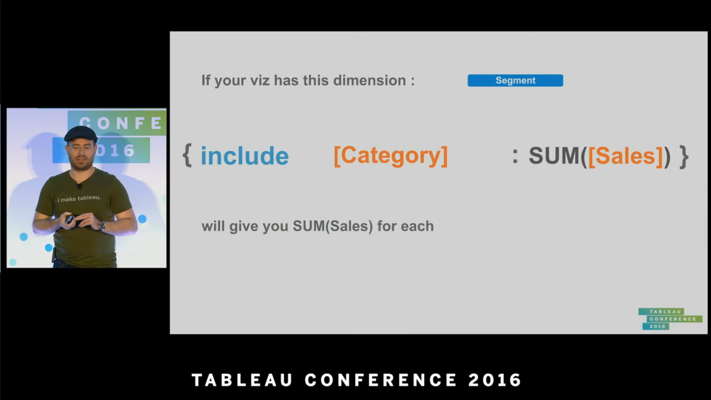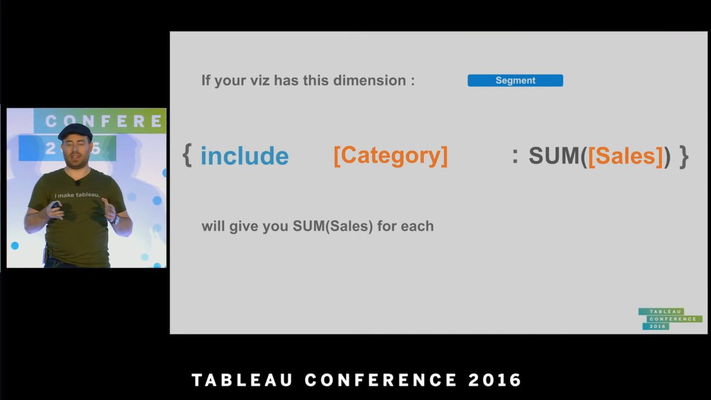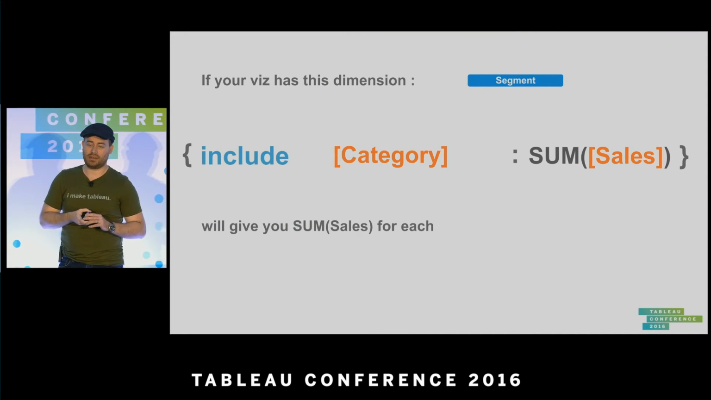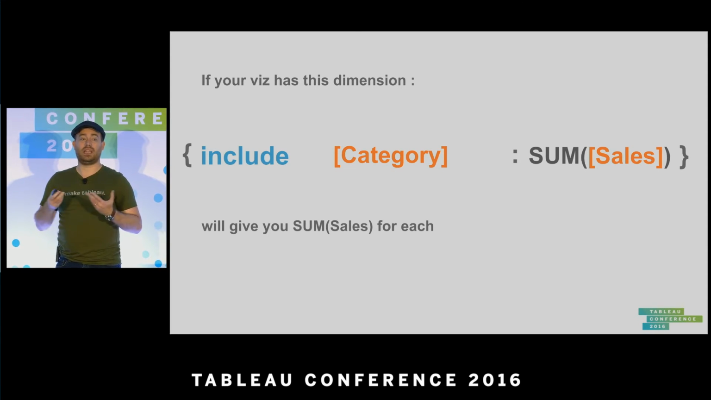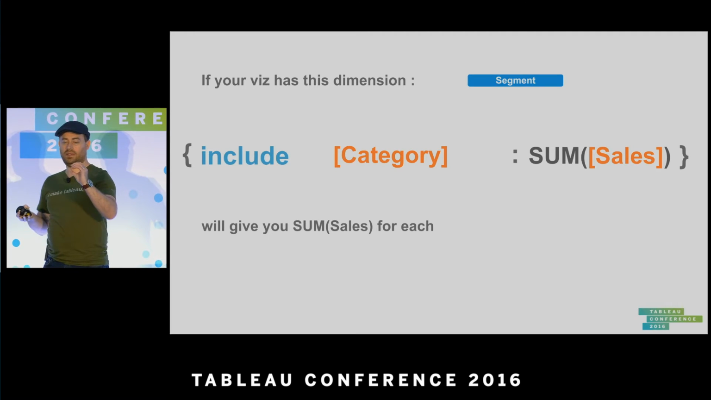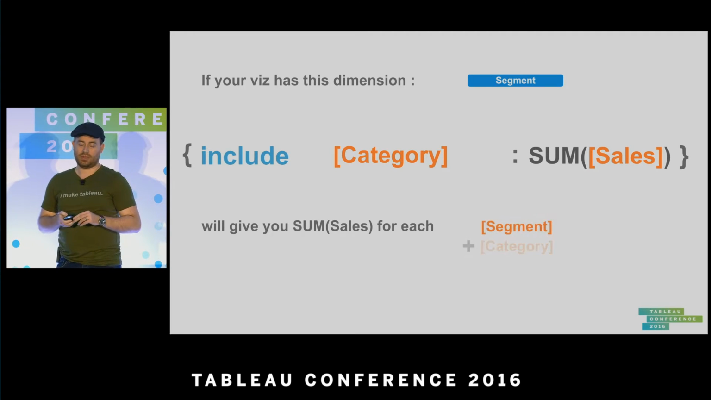Okay, let's move on to include, where things get a little more interesting after this. So let's take a similar example. You have a viz that has a segment in it, and you're saying include category sum of sales. And this will compute sum of sales per, well, first we'll get what's in the viz, because include takes whatever's in the viz and adds something else. So you have segment plus category because it's include,